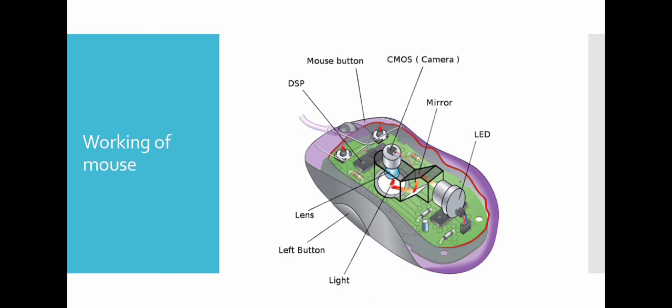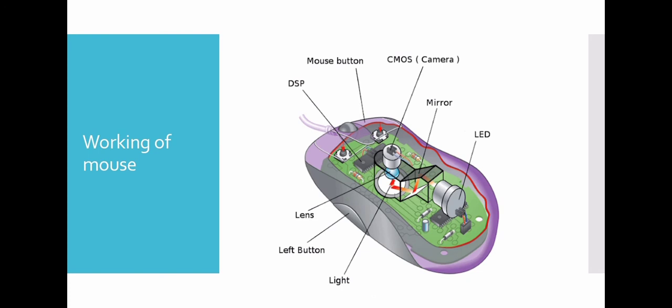Computer mouse can also use the wheel as a button. Pressing down on the mouse wheel acts as a button, and its actions depend on the software installed with the mouse. By default, the middle button is used to open a link on the browser in a new tab. The CMOS sensor of a mouse detects light.